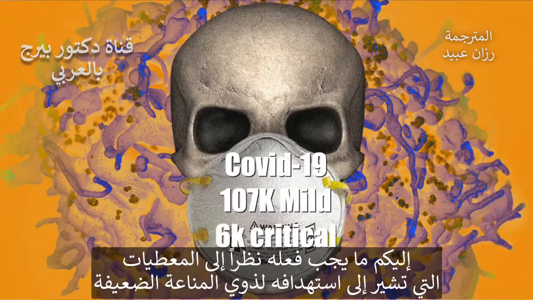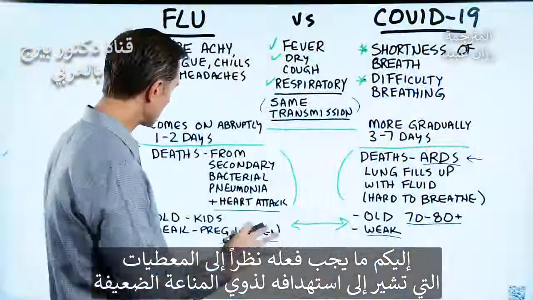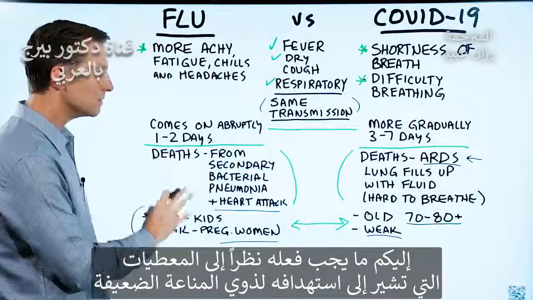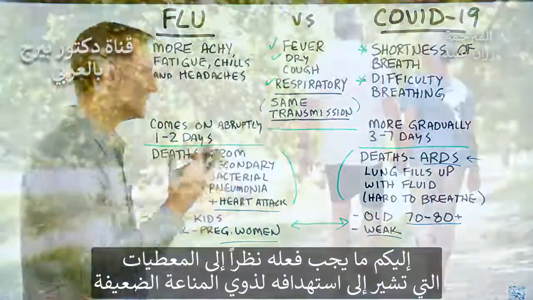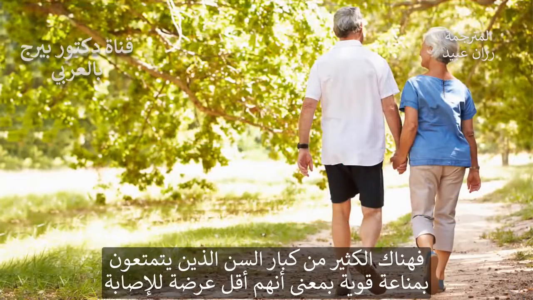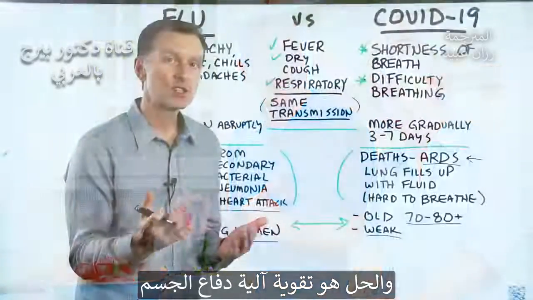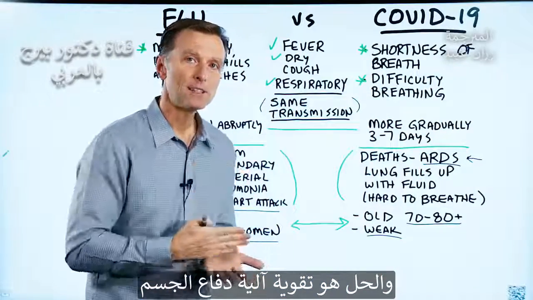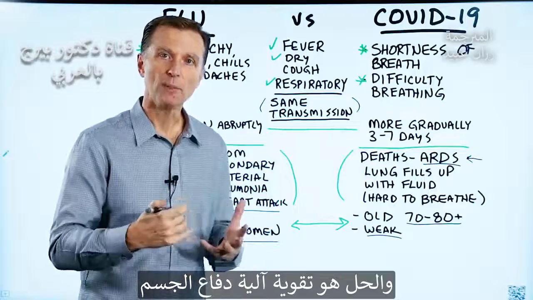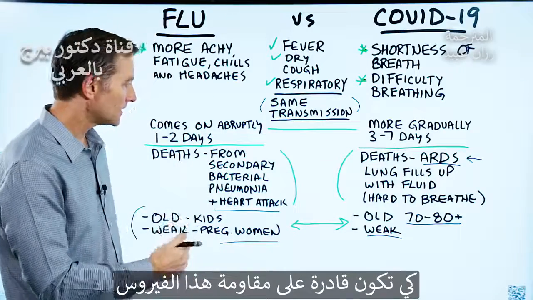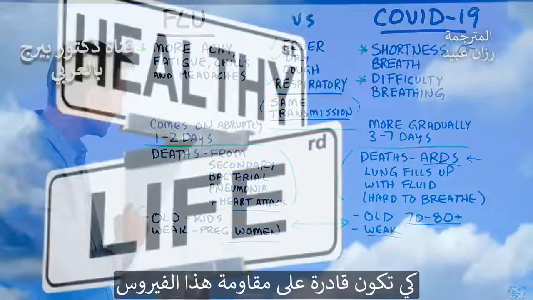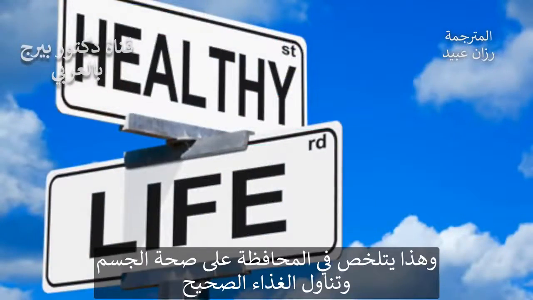Here's what I would do if I were you. The fact that it attacks people with a weakened immune system is very good data. There are a lot of elderly people with a strong immune system, and they are not as susceptible. So really the key is strengthening your own defense mechanism, which is your army, so it can defend against the enemy, which is the virus. So it really boils down to creating more health in your